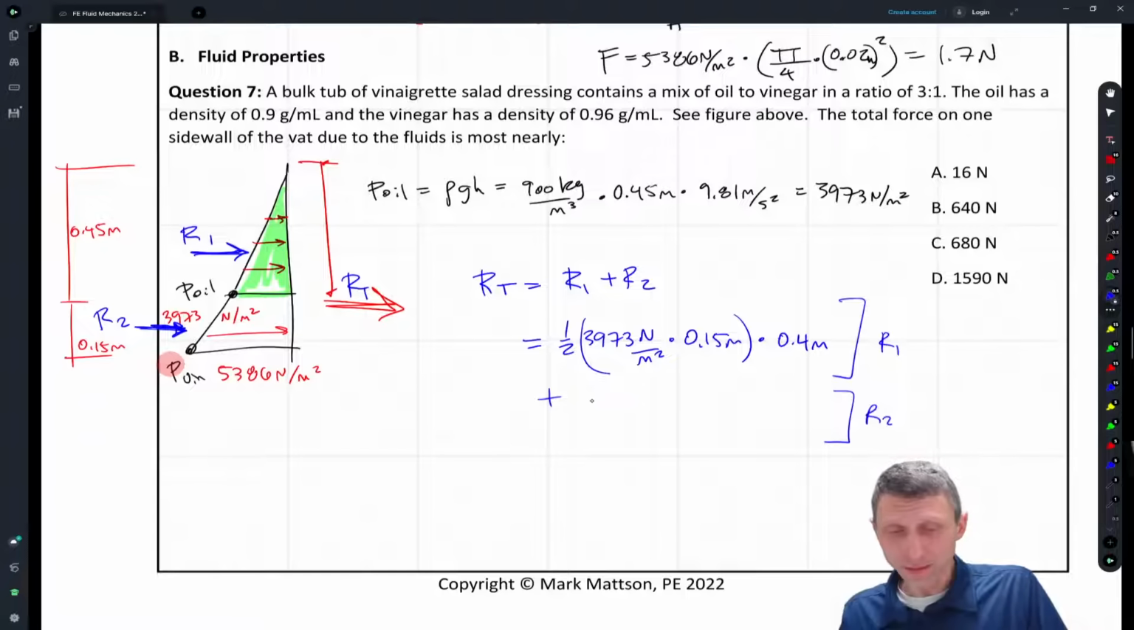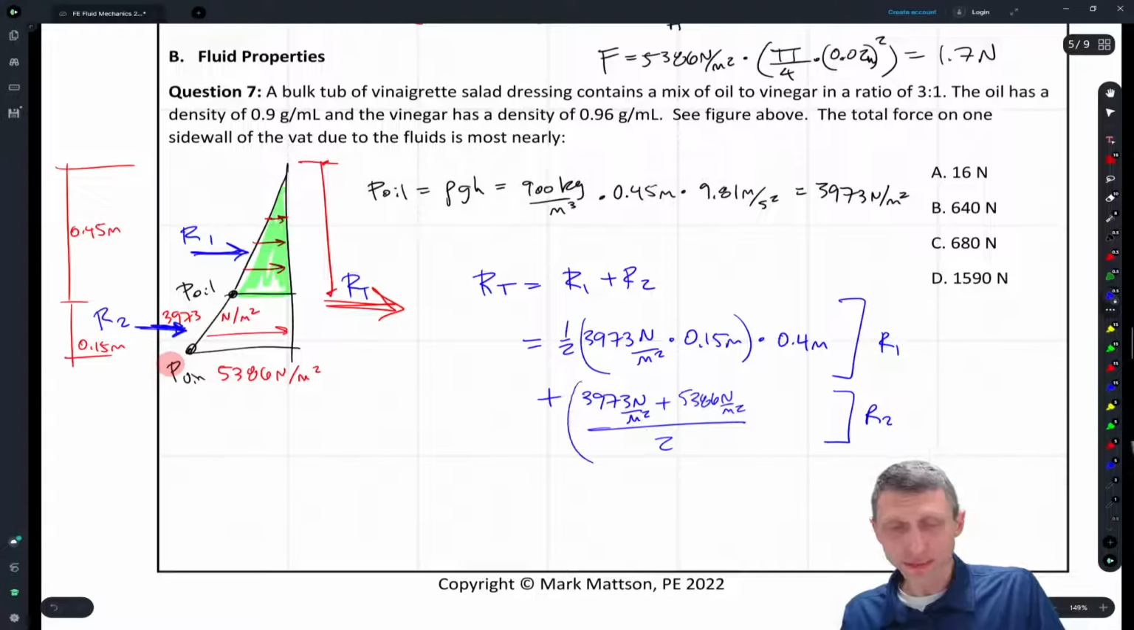But it's basically going to be very similar. It's going to be 3973 newtons per meter squared plus, what do we have? 5386 newtons per meter squared divided by 2. So that gives us an average height, right? This is our average height times the height times this 0.15